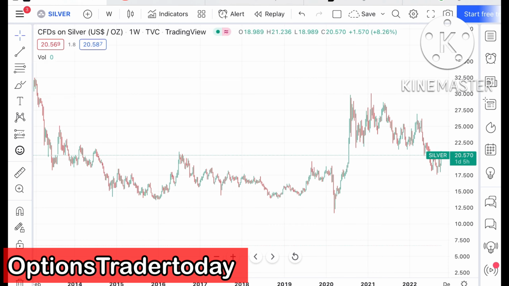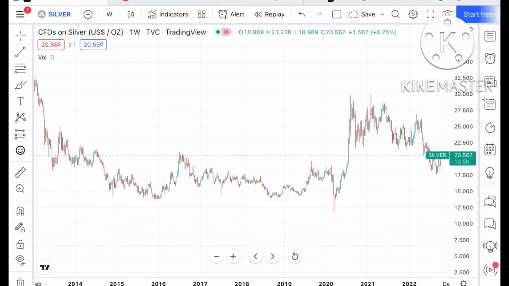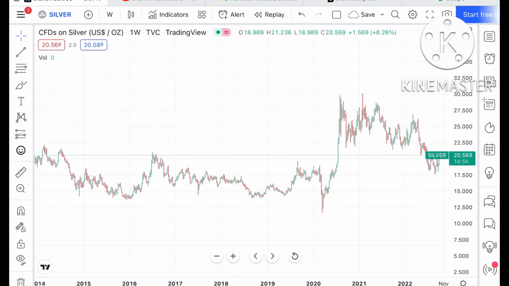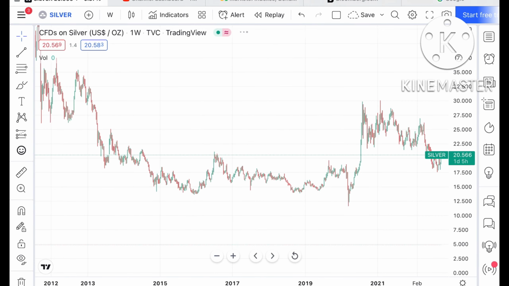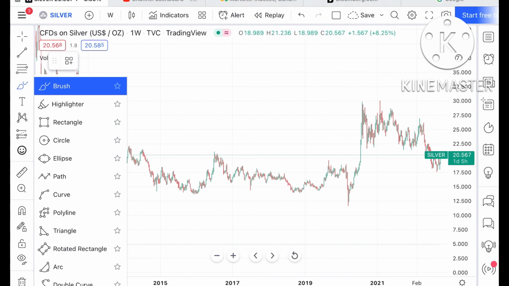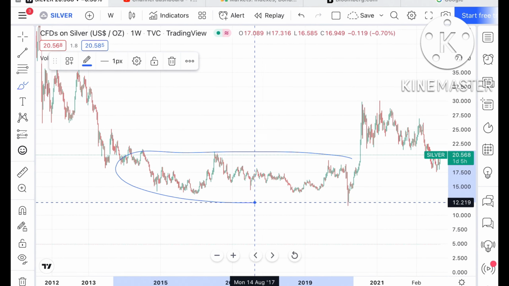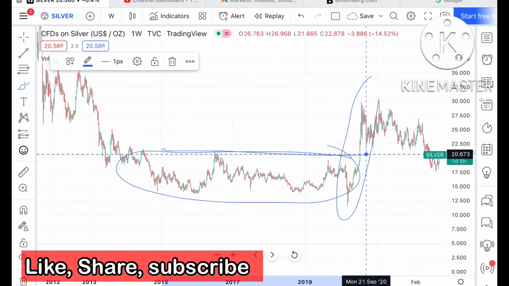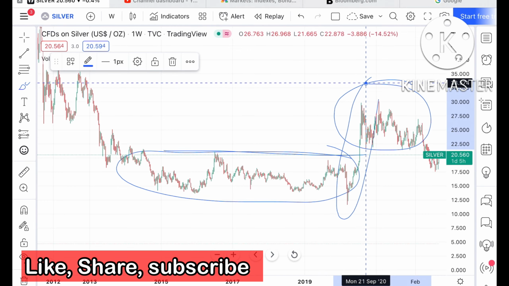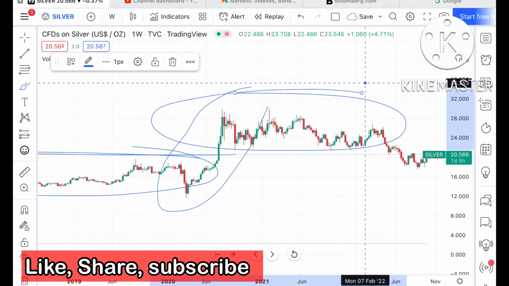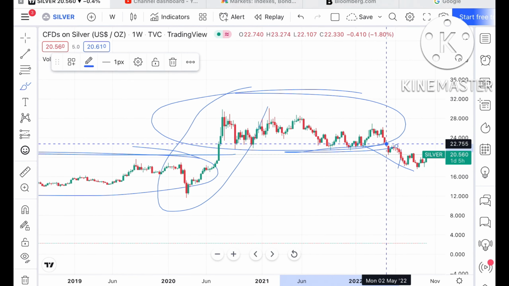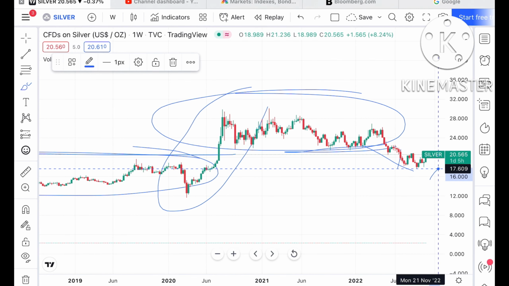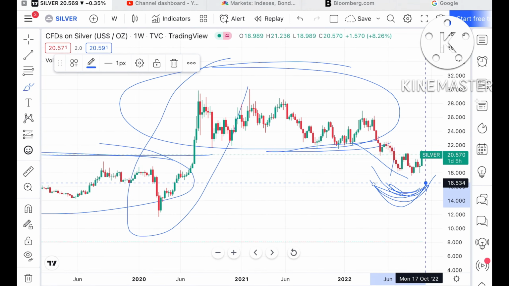So today in this video I'll explain how the price of silver has moved in the last week and how the price of silver can move in the next week. See, if you look at the chart of silver, silver was moving in this particular zone, and once this zone broke upside, we have seen it was moving in this particular zone. After that, it went down, broke this particular zone and made a low of around 17.5, and from this particular level it is now trading at around